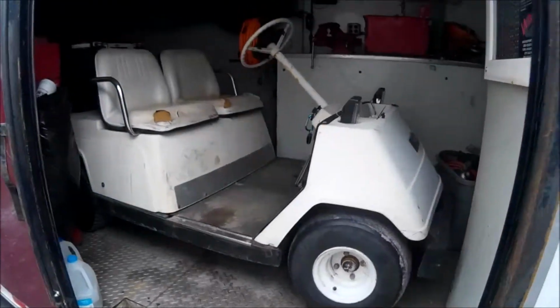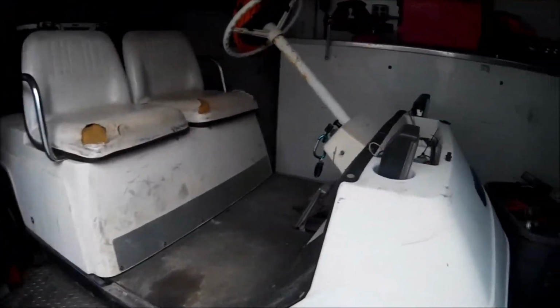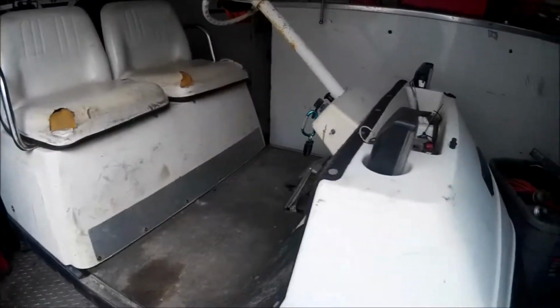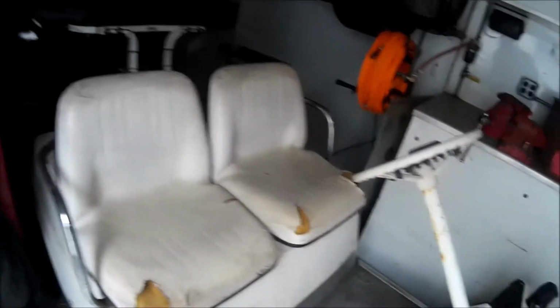And there's our addition. It's a Yamaha. Needs a little cleaning up. Maybe some off-road tires here. But there's a lot of cases where I like the way the lights are mounted. There's some cases where we need